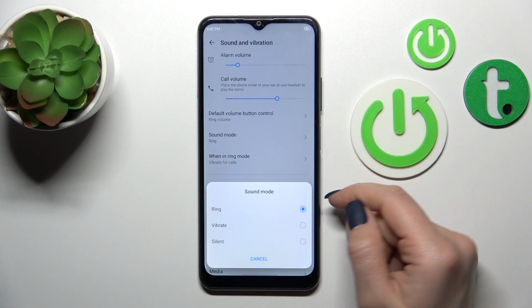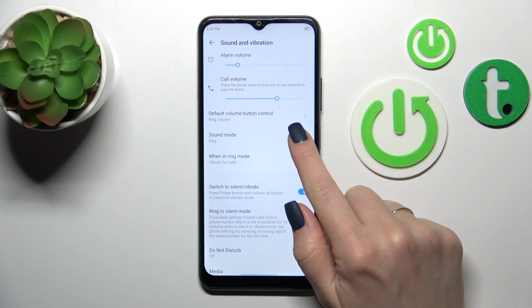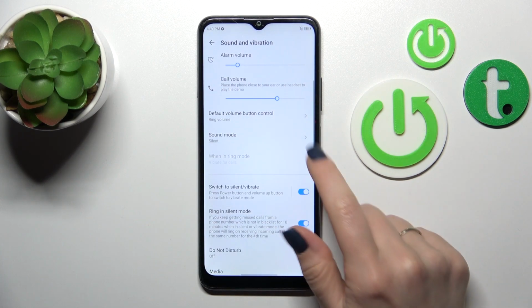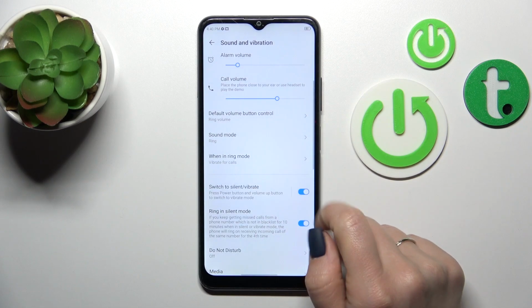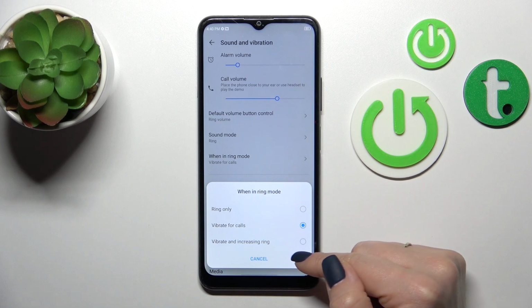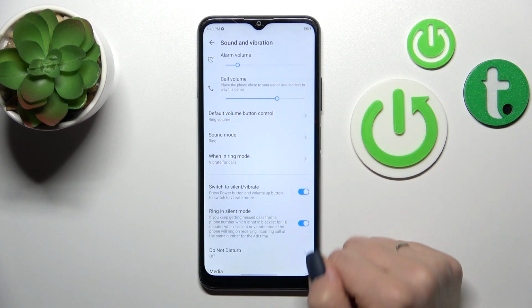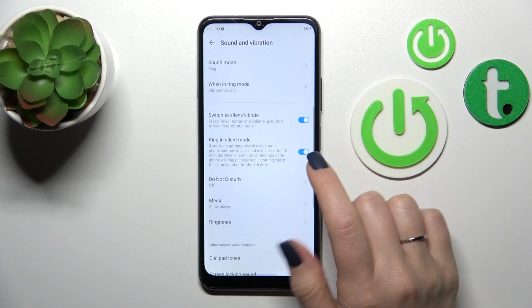If you want to use the silent, vibration or ring mode, you can do it here just by selecting one from these available modes. Let's use the ring one. We can also use the vibration for calls: ring only, and vibrate and ring in ring mode. To switch on